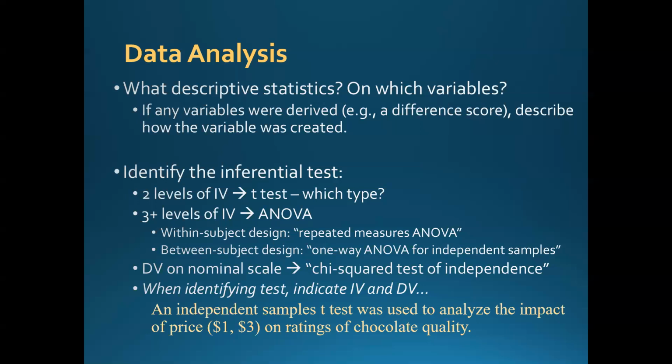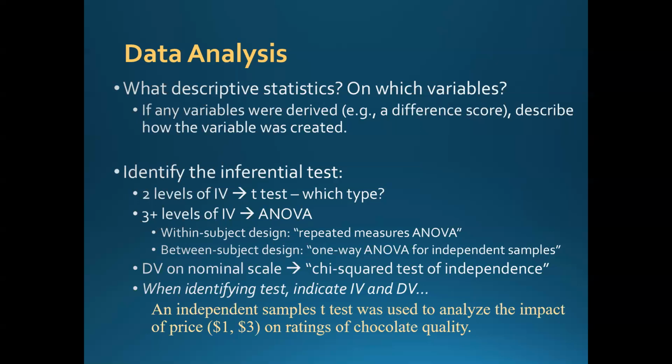So descriptive statistics are simply just describing something, right? What is the mean? What is the standard deviation? You're just giving these base level, here is a snapshot of what our data looks like, right? How many participants did we have? How many were male? How many were female? What was the age? What was the age range? What was the mean and standard deviation of that age?